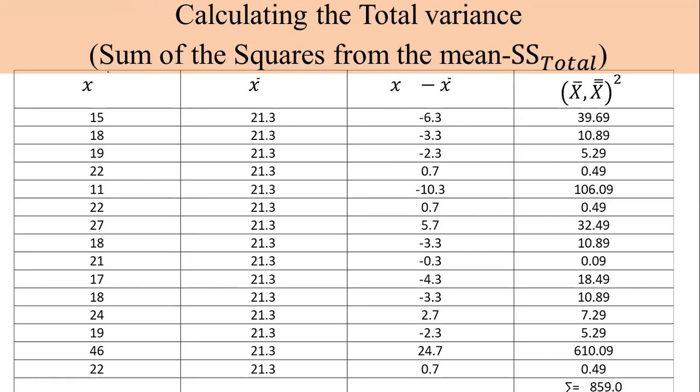So we are calling this one the sum of squares total. When you do what we have been doing with the rest of the data, you add all of them down there. So the sum will be 559. Then